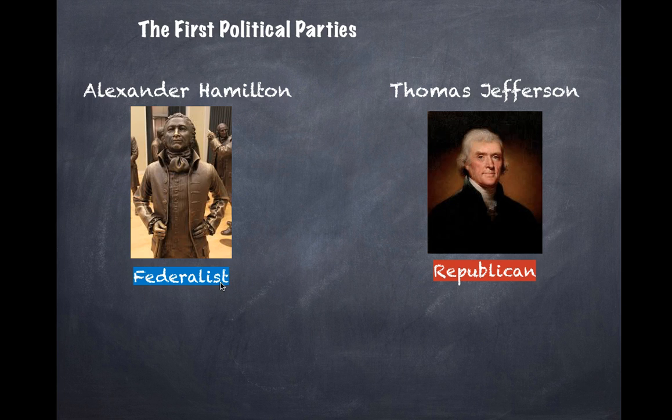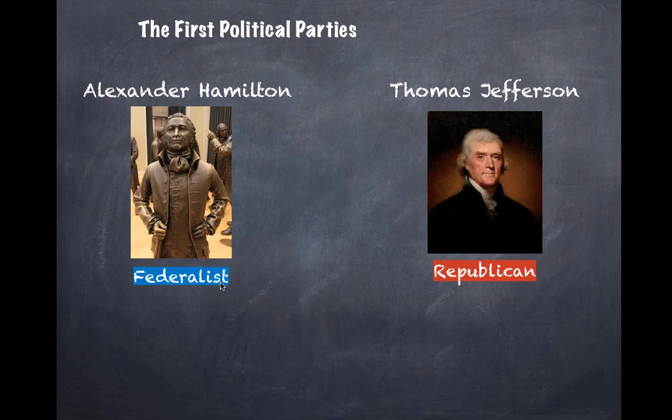His responsibility was coordinating, developing, recommending policies that would help the national government prosper economically, financially. So as Secretary of the Treasury, Hamilton, his job was to make the government strong economically, and he favored a